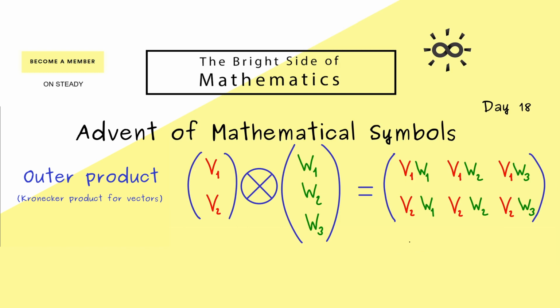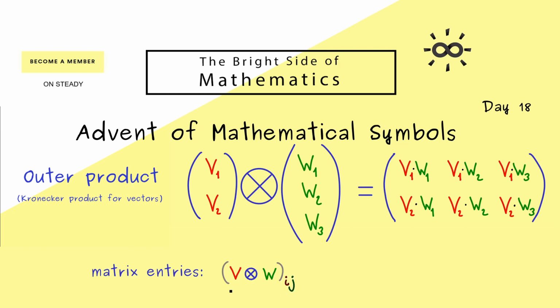Okay, and now you see, in each entry of the matrix, we just have the product for ordinary numbers. In fact, this is already the whole construction for the Kronecker product with two vectors. And of course, it's not hard at all to generalize this to other dimensions than 2 and 3. You just have to remember how the matrix entries are formed. So v times w gives us always a matrix.